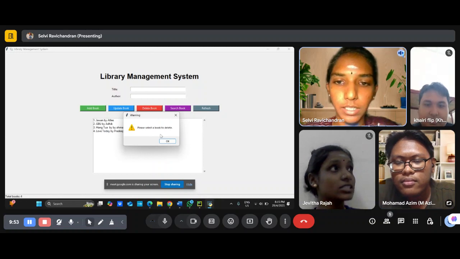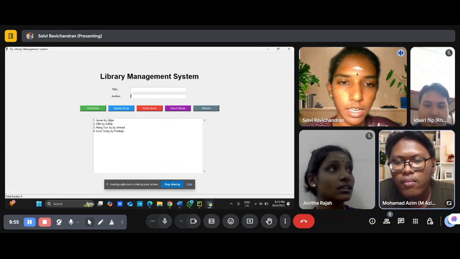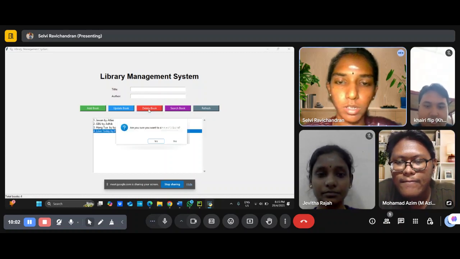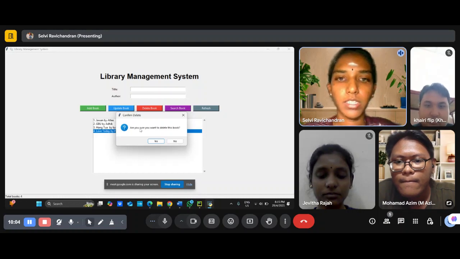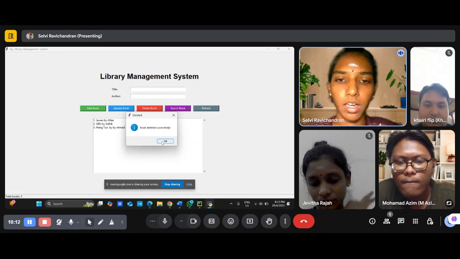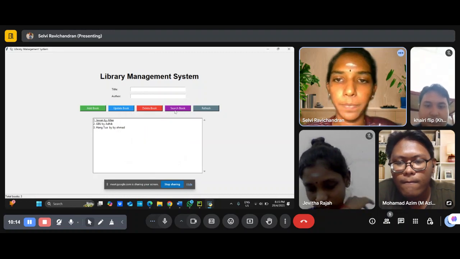For the delete button, I can select the fourth row, and then I click delete book. It will show the message: are you sure you want to delete this book? I click yes, so the book will be deleted automatically.